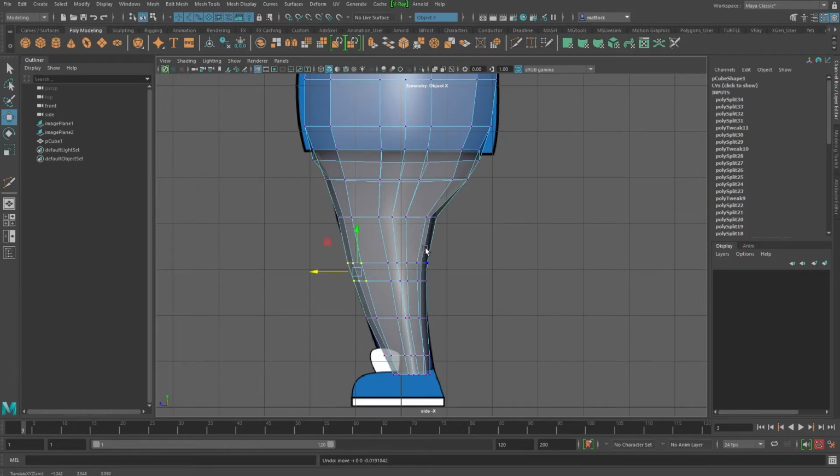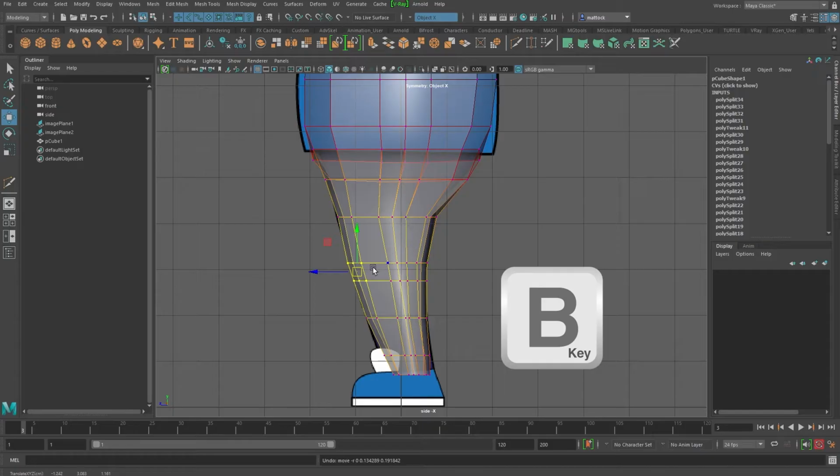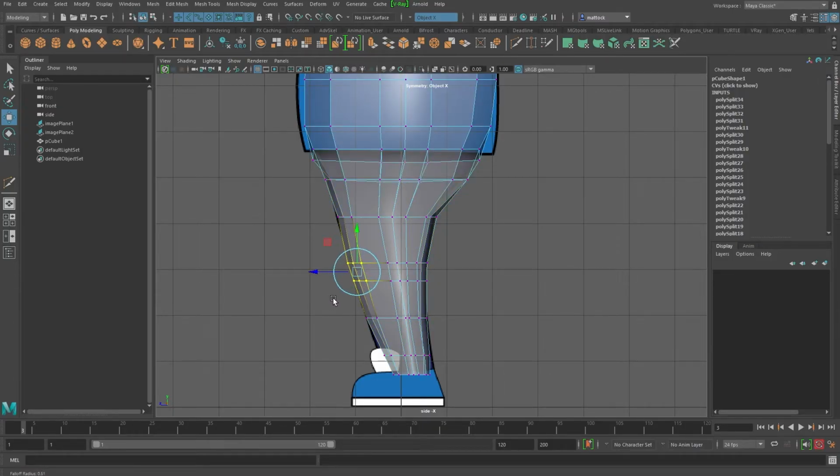Well, Maya has that. You just hit the B key, and you can see you get this soft selection. But at the moment, it's set too big, so you hold the B key, and you middle mouse drag. And you see how the strength works, so whatever's bright yellow is really affected, and then red affected more. So now if I select sort of here, you can see I've got this lovely little soft selection here. So I use this a lot, but I tend to use it more when we've refined our mesh a bit more.